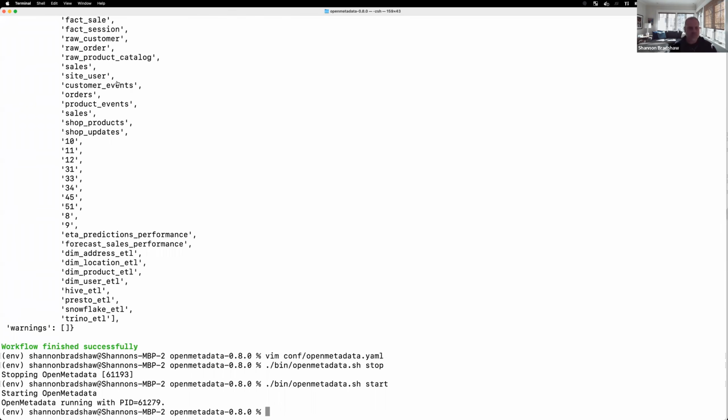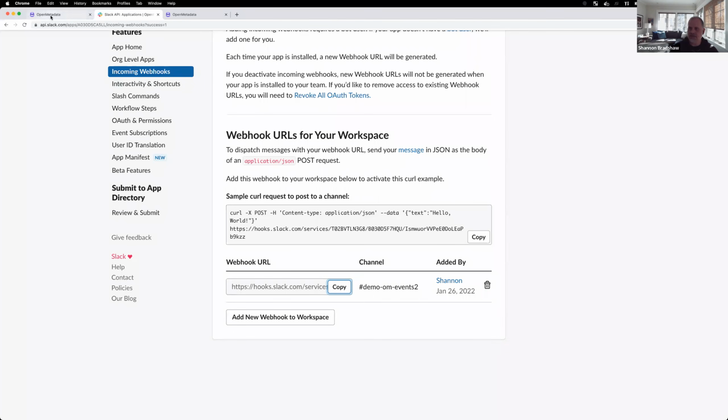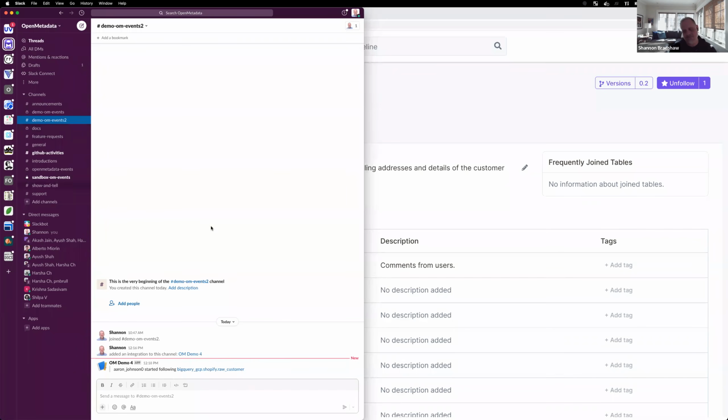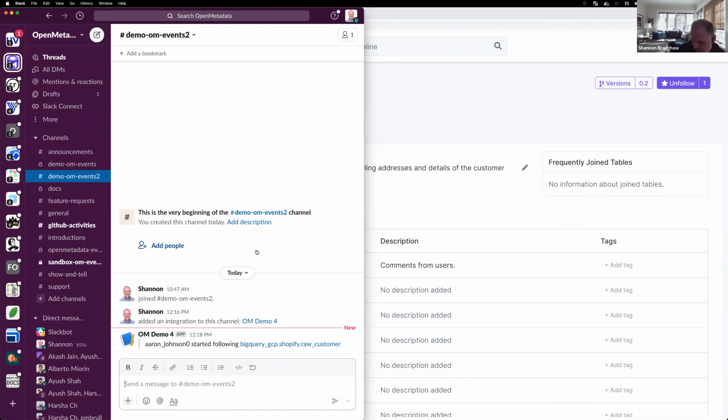Okay, so now what I expect to see happening is for any events that I create by, say, updating metadata, I should expect to see those events show up in Slack, provided I did everything correctly. So first thing I'll do is I'll follow this particular table. All right, and then we'll go into Slack, and we can see, although it's teeny tiny,